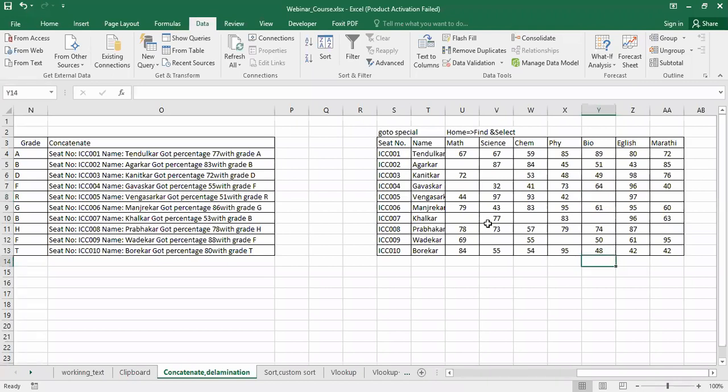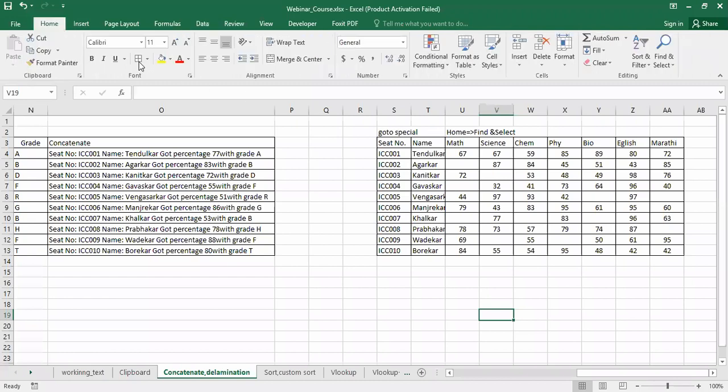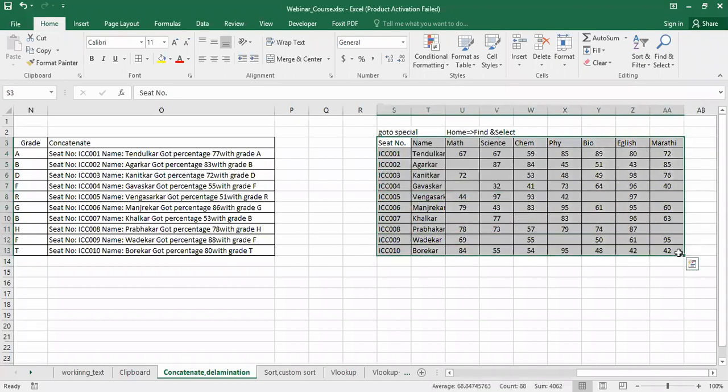So for that, what we have to do at a time? If you put NA manually, it takes some time. If the data is very, very big, then simply we can do it at once only. For that, there is a very special command available. We have to use the go to special, which is there in the find and select. So to do that, let us select all the data where we have to replace your empty spaces.